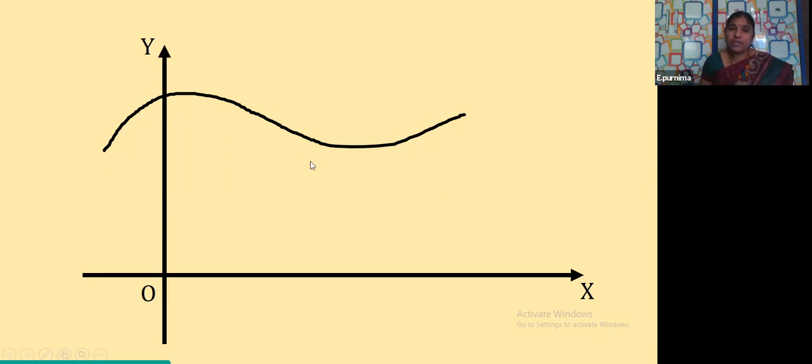So actually what is this curve, children? Always any curve is represented by what? It is represented by y is equal to f of x. In first year you learned this, yes or not, in the functions chapter, and in differentiation also you had many kinds of functions. So any curve is given by f of x, and that f of x is represented by y. So if y is equal to f of x is a curve, what is the area occupied by this curve? Let us see what we should do now.